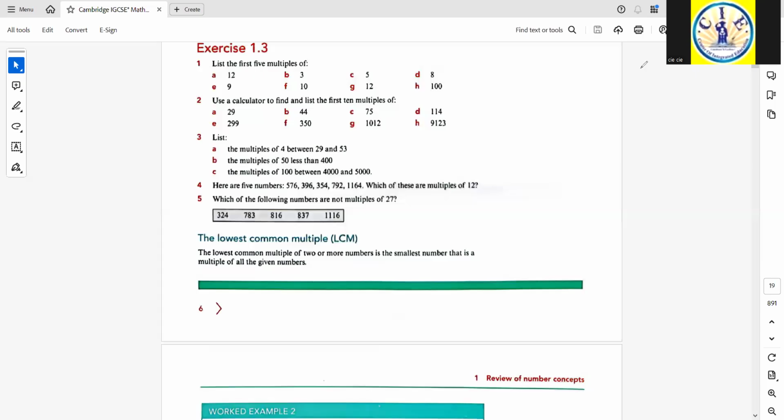Now it's exercise 1.3. List the first 5 multiples of 12. Multiples are actually the numbers that you obtain by multiplying a number by some positive integer. Like for example, you can think of these numbers to be the times table. Like for example, for part A, 12, if you multiply 12 by 1, then 12 times 2,